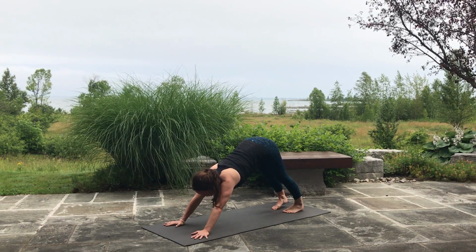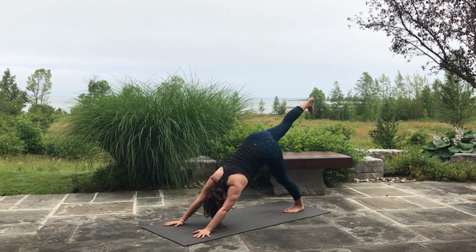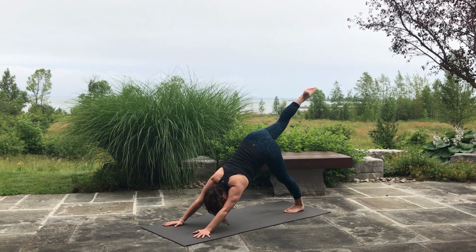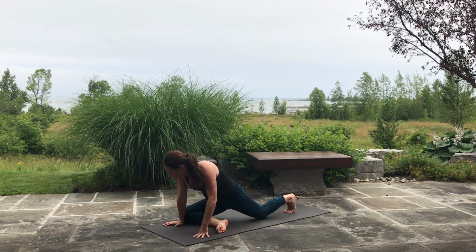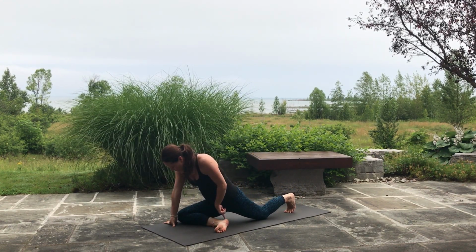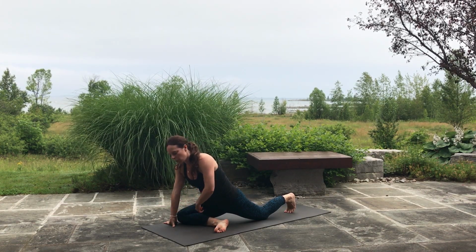Okay, so this is our starting position for the pigeon flow. We're going to begin by lifting this right leg up and back, and then with the exhale, we're going to bring the right knee toward the right wrist. That's really important that the knee comes towards the right side of your mat, not directly forward,